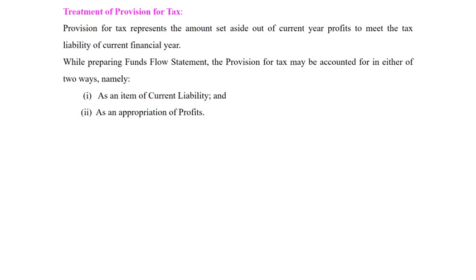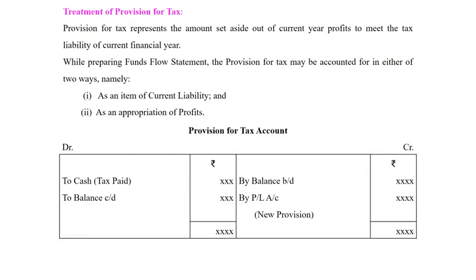Okay, then when it is taken as appropriation of profits, we have to prepare a provision for tax account like this. By balance brought down, it will be taken. Then assume that the previous year balance has been paid during the year in cash, tax paid. Then this year's balance will be taken on the debit side, to balance carried down, and the balancing will give you the new provision that will be transferred to profit and loss account. Okay,